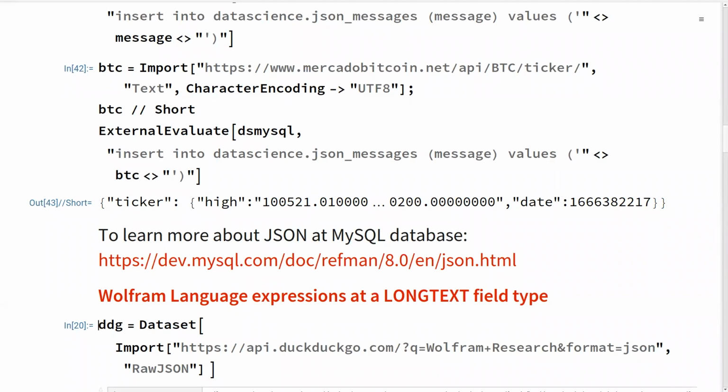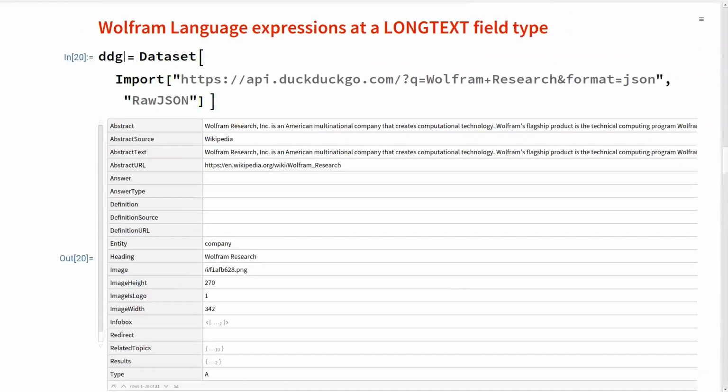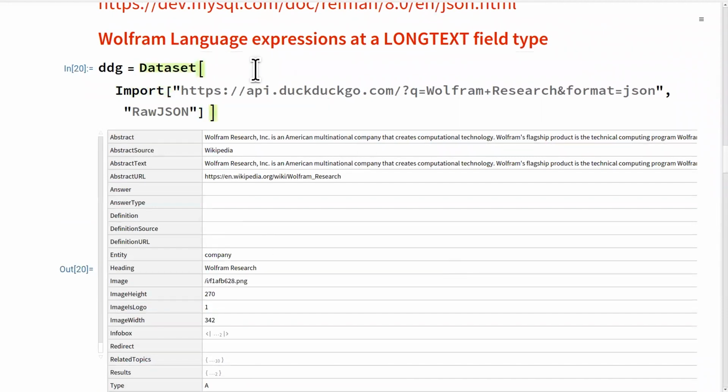And then you can get it inside the Wolfram language as a data set. Here, one thing that is important. I'm reading here an API, and I use this raw JSON and put this thing in a data set, okay? And then we have our data set here. One important thing: when you do that with Python, with pandas in the Jupyter, you can't do that. Pandas do not support nested data. We have nested data in JSON and XML.